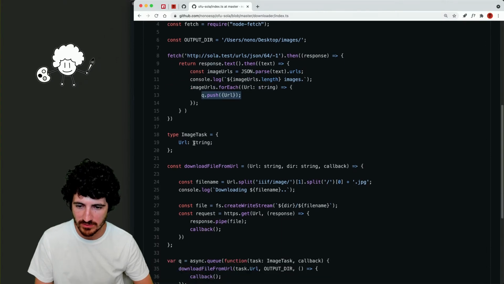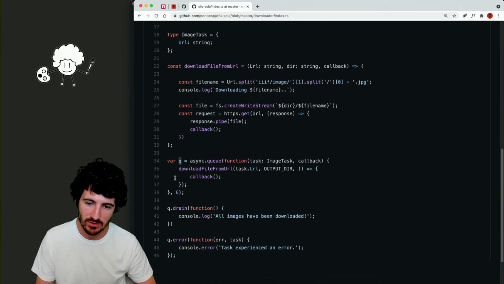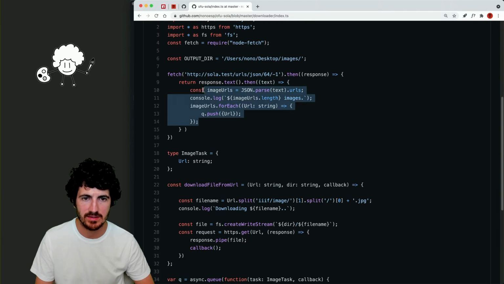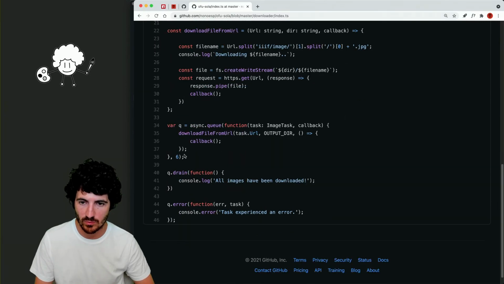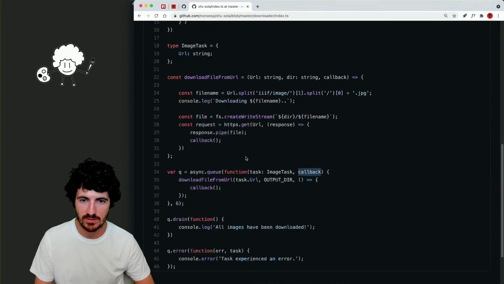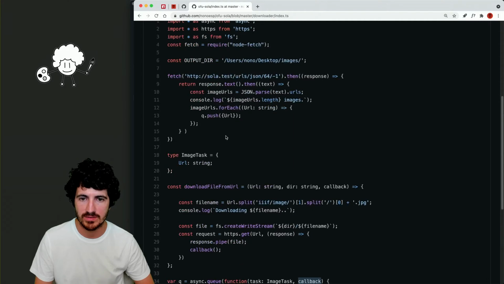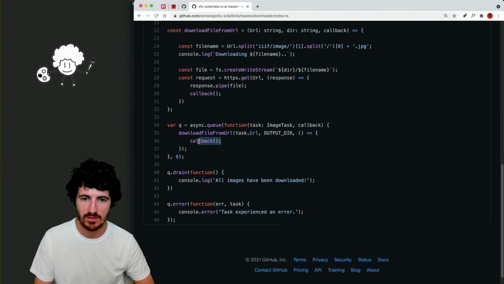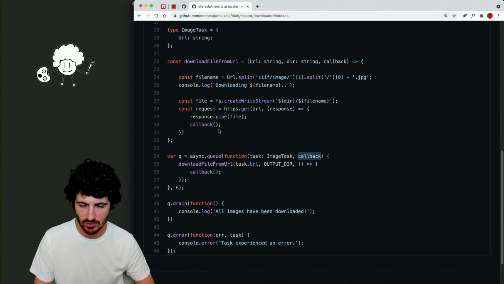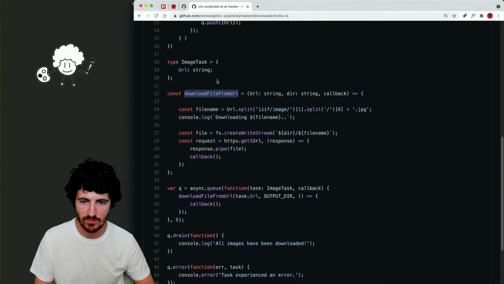What I don't remember now is where we. Okay, so we have this queue here, and this is a callback. So we define the async queue, and the task is to download an image, and then we have a callback, and the callback that we're submitting here is push blah blah blah callback, right? And we pass a callback. So where is this callback defined? Download file from URL, callback pipe. All right,